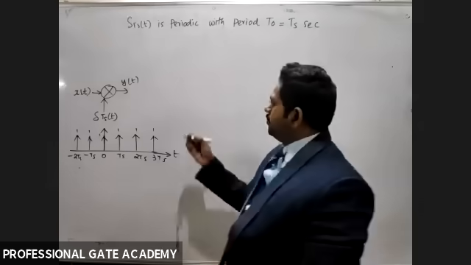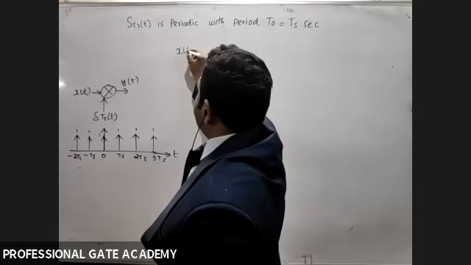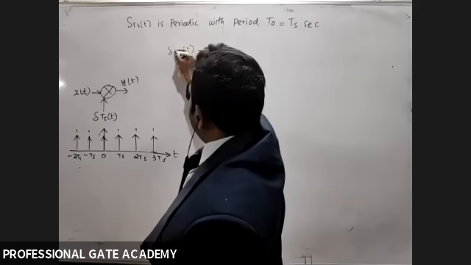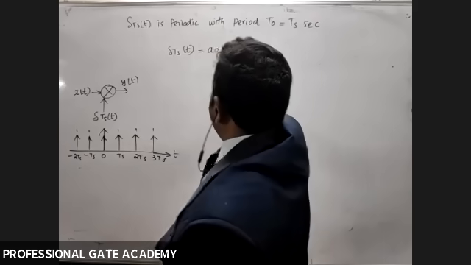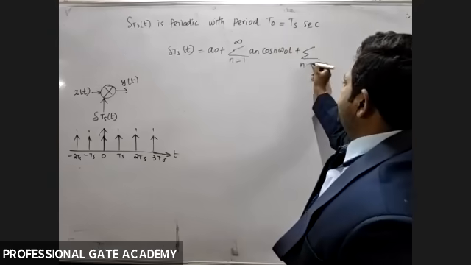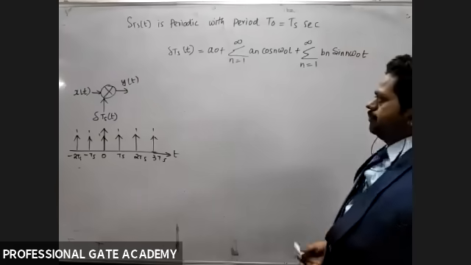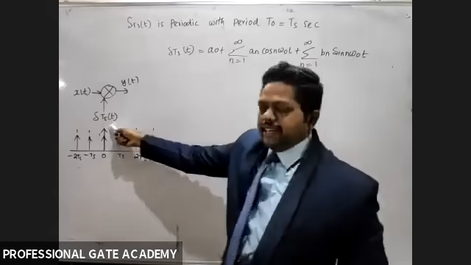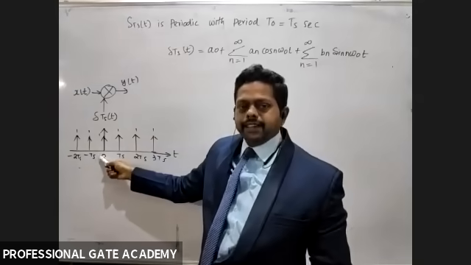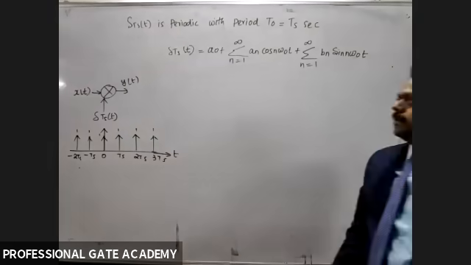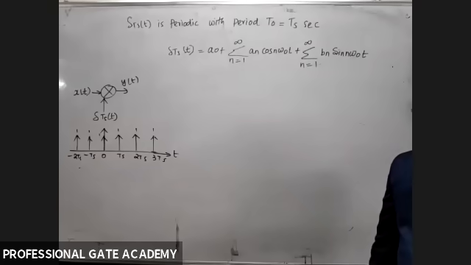So now, what is the formula for the trigonometric Fourier series of x(t), or for δTs(t) we are taking? A0 plus summation n from 1 to infinity an cos nω0t plus summation n from 1 to infinity bn sin nω0t. I repeat, this δTs(t) is a periodic signal with a period Ts seconds, so δTs(t) is decomposed by using Fourier series. This is the formula for the trigonometric or quadrature Fourier series.